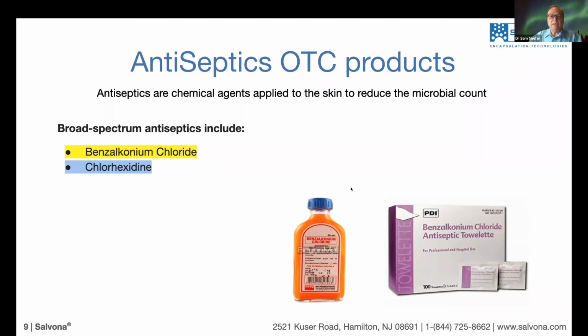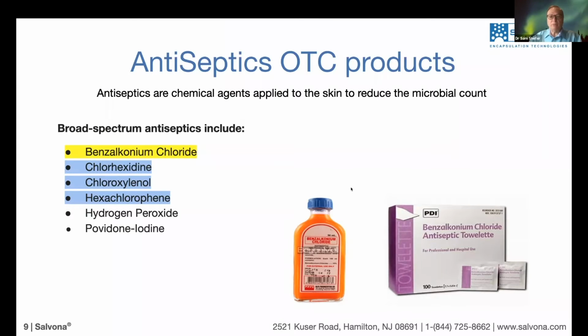Other ingredients are listed here. They are more regulated and less applied for cosmetic. There is also hydrogen peroxide that can be used, and you understand the problems of stability. Povidone iodine, of course, and different types of alcohol: isopropyl alcohol, ethanol, and so on. We will focus on benzalkonium chloride. Now, why is the focus